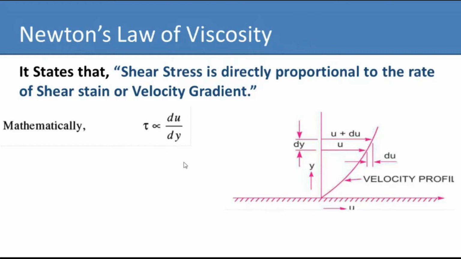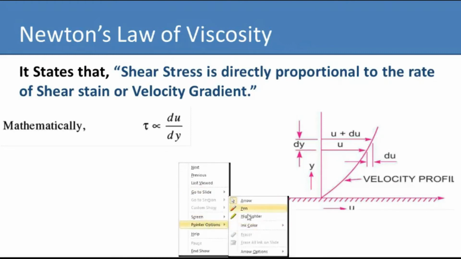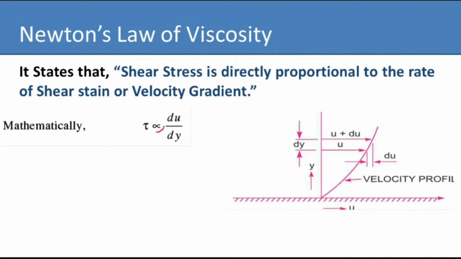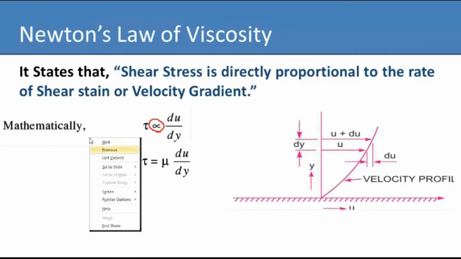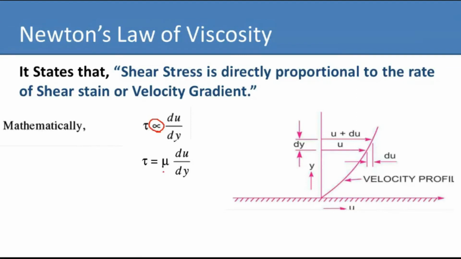This is the symbol of direct proportionality, so in order to remove it, we have to introduce a constant. That constant is denoted by mu, the constant which specifies the relationship between shear stress and velocity gradient,